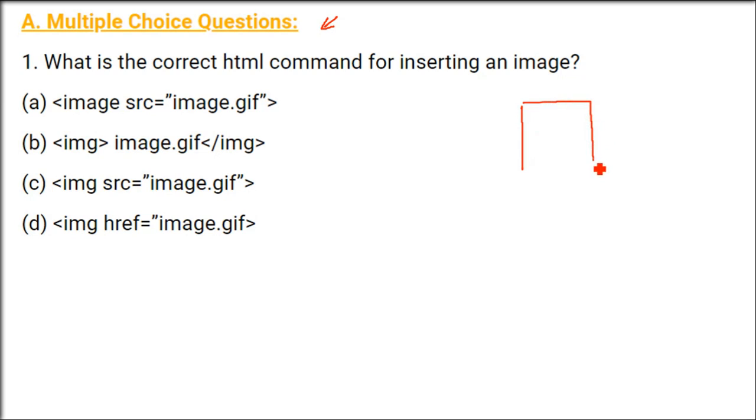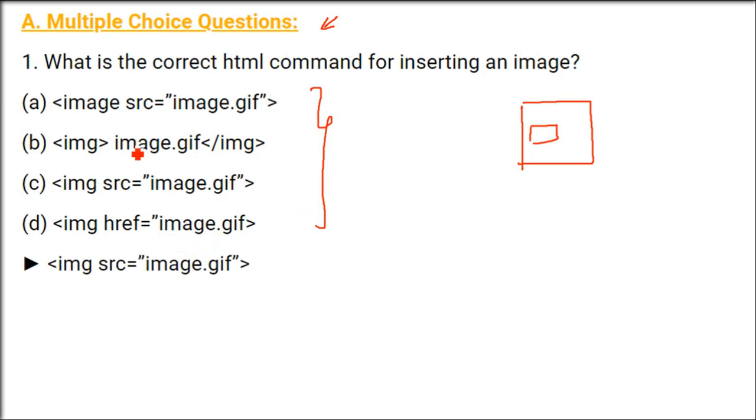If you have a web page, you want to insert an image at some place, or even in the background, then what are you going to use? For that, we are going to use img, not image, img, and not reference. It will be source, src. So you have img, this is a tag, then source, that is the path